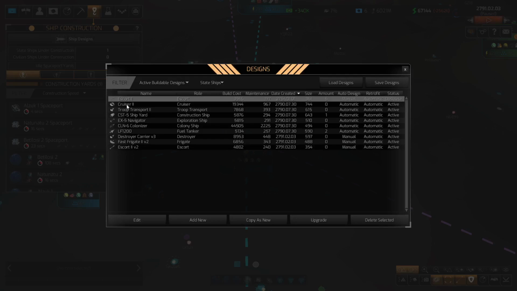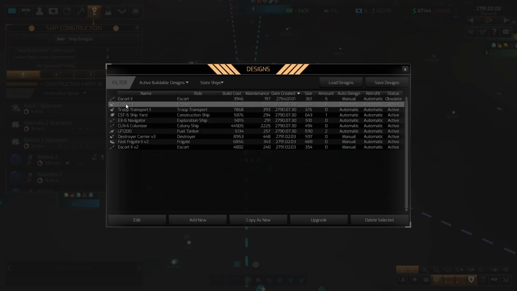Now we've got a Cruiser 2 that has been automatically jigged by the system. I don't really need them at this stage. I'm happy with the destroyer carriers. They really are super useful as the Ackdarians. They do everything I need them to do. So let's go and